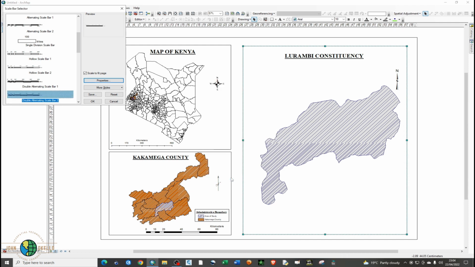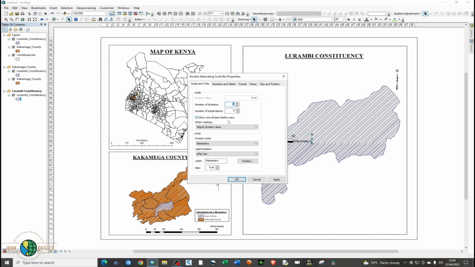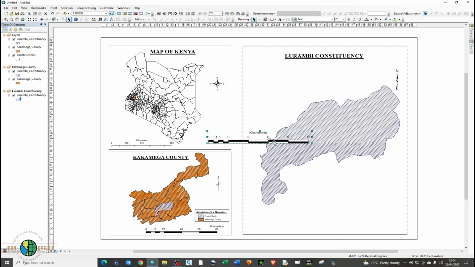Apply. Okay. And okay. Let me double click again to make some changes. I want the label position above center. Okay. So since it's too large,